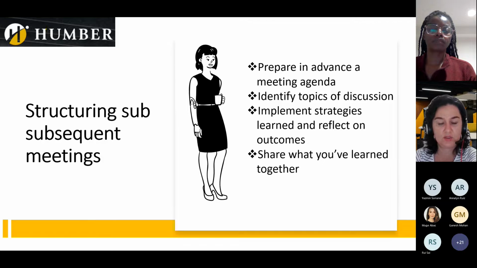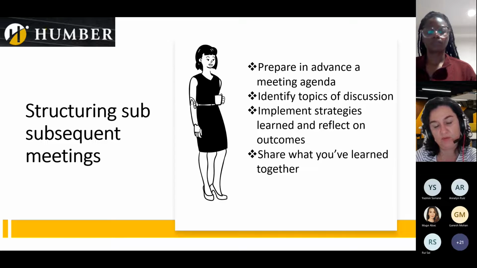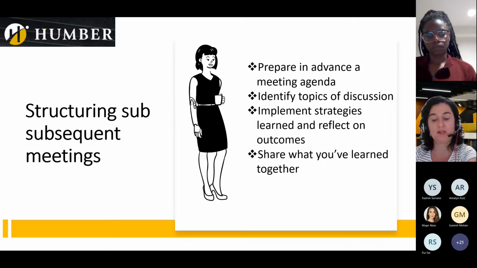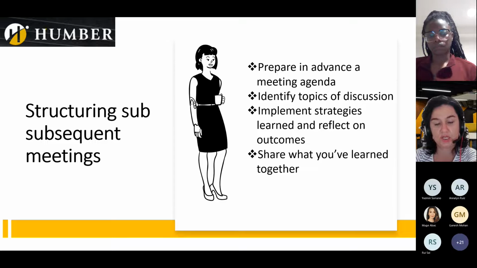Always take notes during the meetings and share them with your mentor at the end so the mentor can add any comments or reflections. Save those meeting agenda notes even after your mentorship journey ends. They are valuable pieces of information that you can continue to practice even after you finish your program. Remember, they are a validation of what you have learned and how you can develop further those shared strategies.